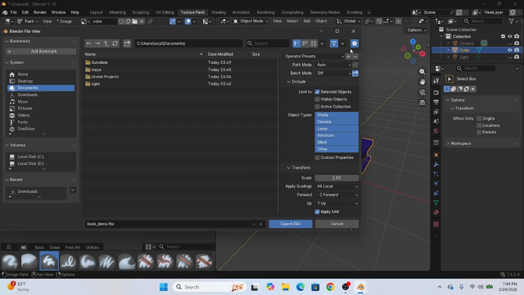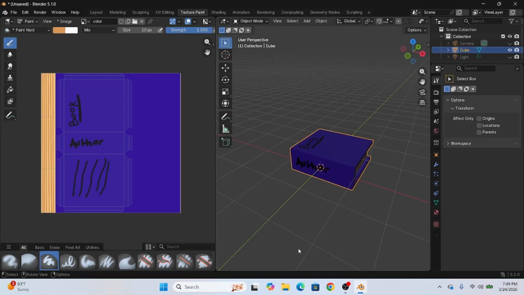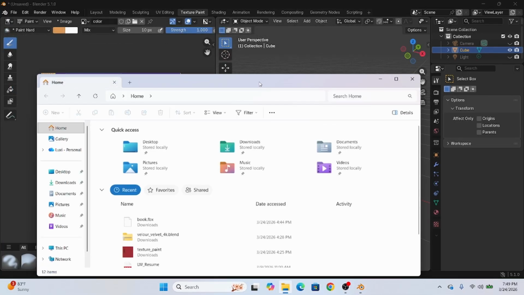And whenever you export this FBX, it will not export the texture. However, if you go to path mode, press copy, and then hit this button, and you export this FBX, and then